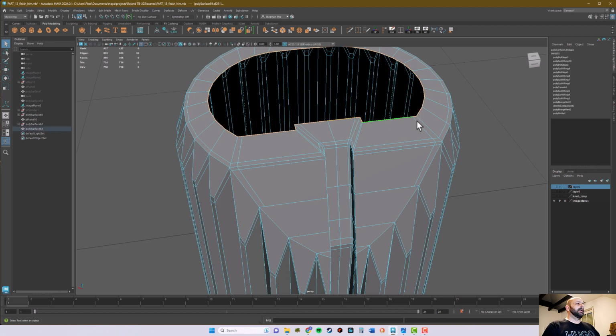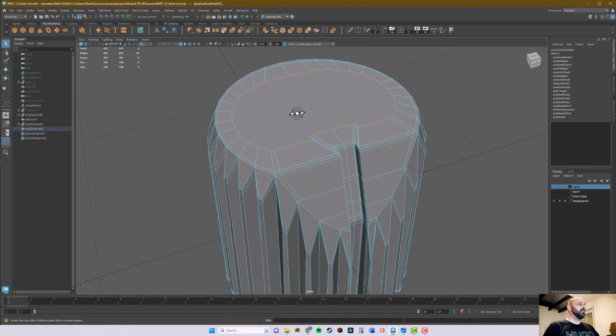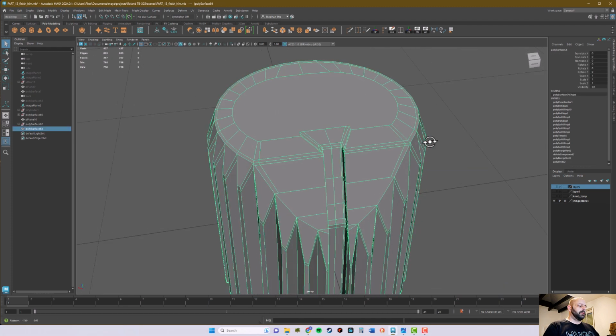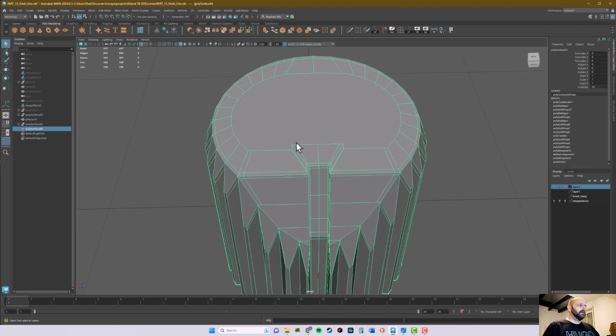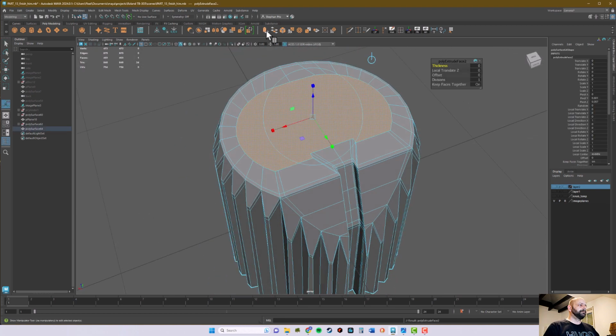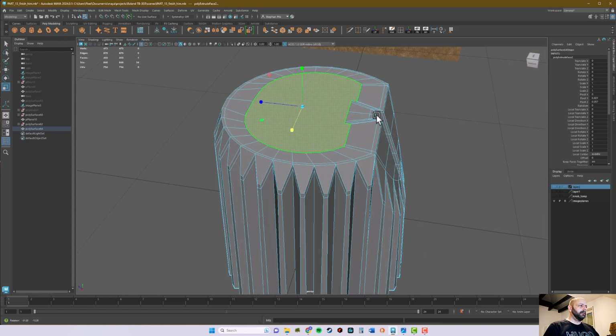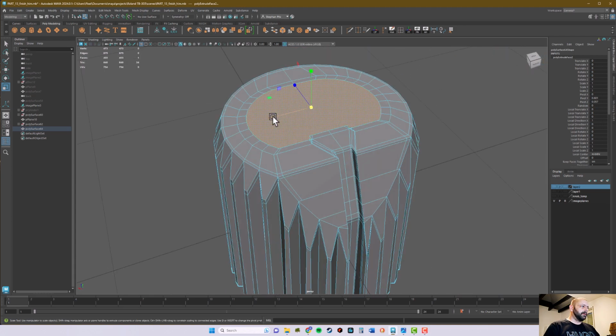Let's select this edge loop here and then try something, a mesh fill hole. So go to object mode, hit 3 on the keyboard, so we still have an issue here when we smooth it. So let's select the face here again and do an extrusion. Hit R to scale and scale it a little bit in all here from the center on, and then an X scale it out a little bit more, and